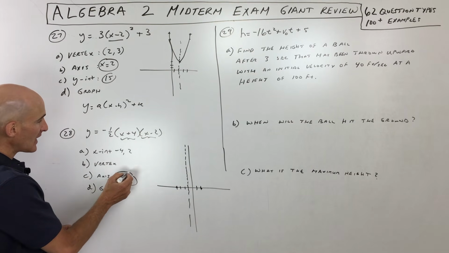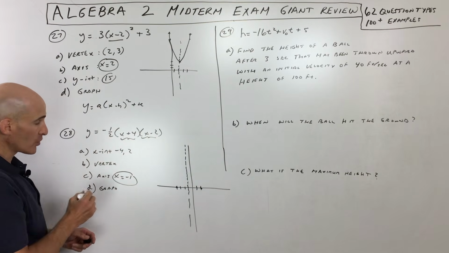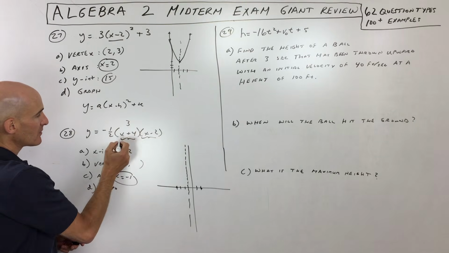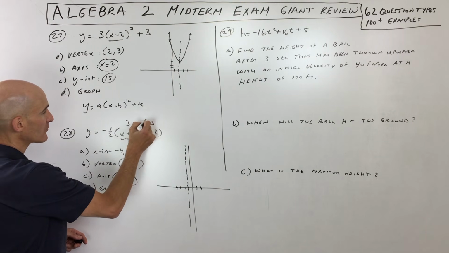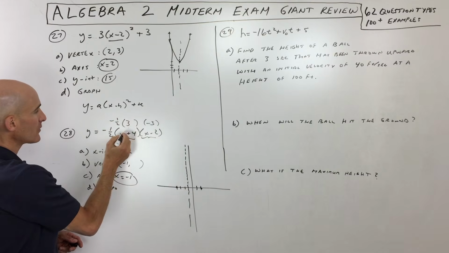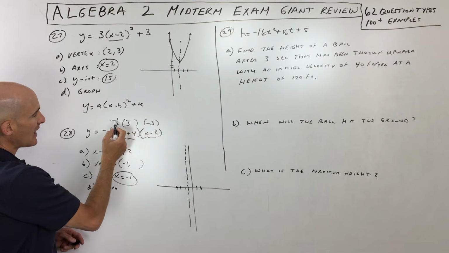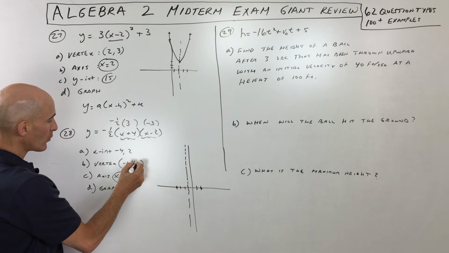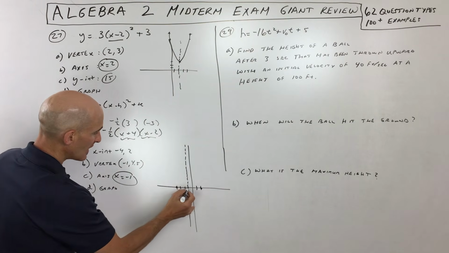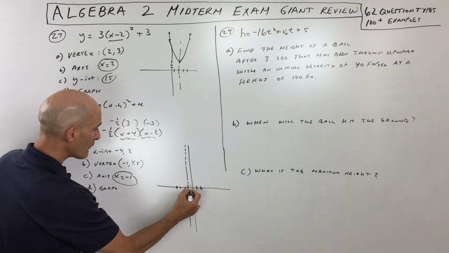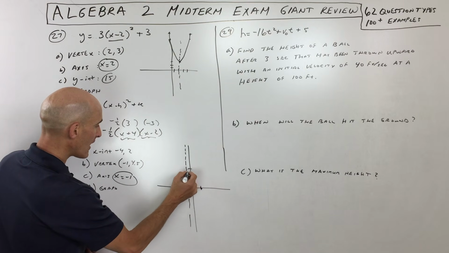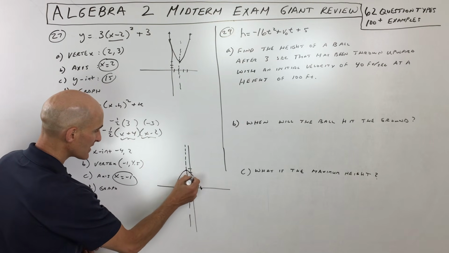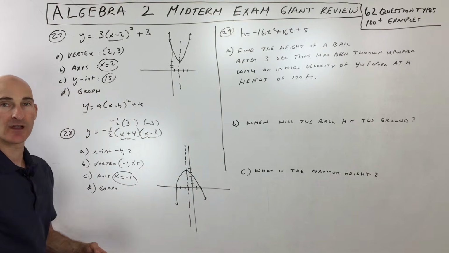And then now if you put negative 1 back in for x, you can get the y coordinate of the vertex. We've got the x coordinate. So let's put that in. Negative 1 plus 4 is 3. Negative 1 minus 2 is negative 3. If we multiply all that together, we get negative 9 times negative half is positive 9 halves, which is 4.5, right? So that's at negative 1, 4.5. 1, 2, 3, 4, 5. 4.5 would be right about there. We've already got 3 points, so we can get a pretty good sketch of our graph like so.